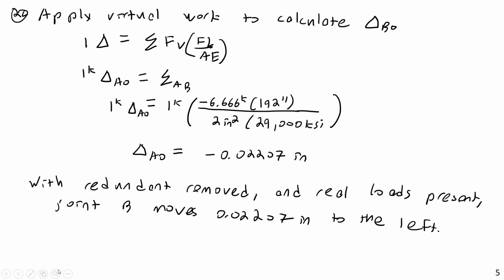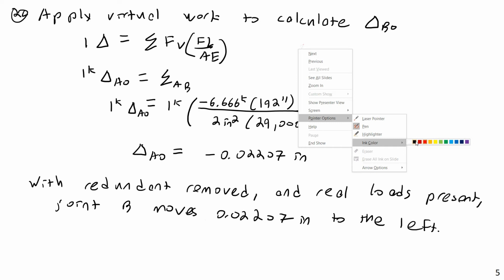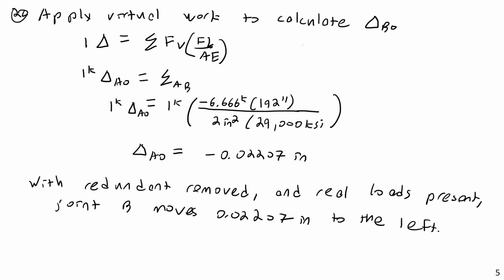All right, so let us now continue with part 3, or step 3. So we have our capital delta A naught. Well, actually, that should be capital delta B naught. That should be B naught, and that should be B naught, and that should be B naught here. But that is still correct. That is the distance the joint B will move when the real loads are applied to the truss, but the redundant is not. So for step 3 then, I want to use virtual work